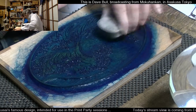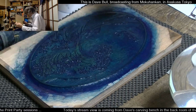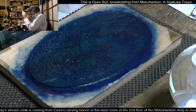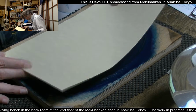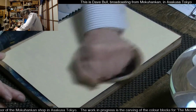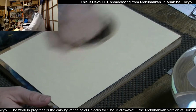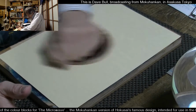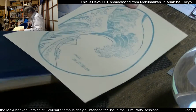This is absolutely the most important part of any of these colored prints, transferring the color. If you screw this up, then it's almost impossible to recover. It's really the most important part of the job. So as I said, we're going to print this twice. There's the key block impression. And now